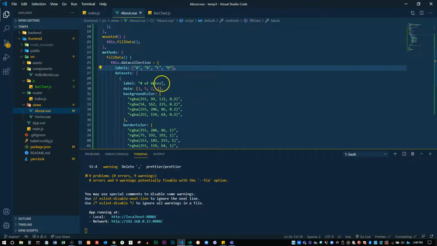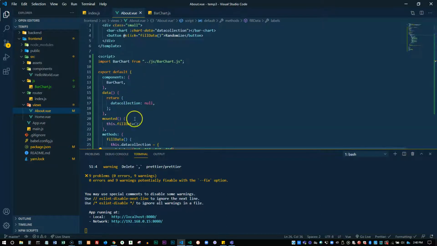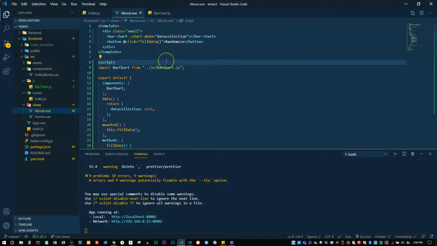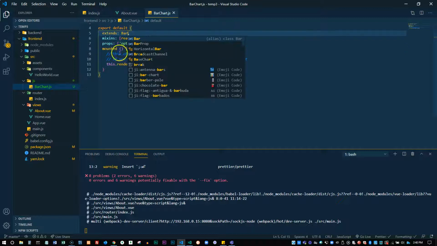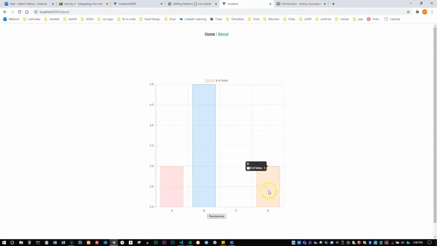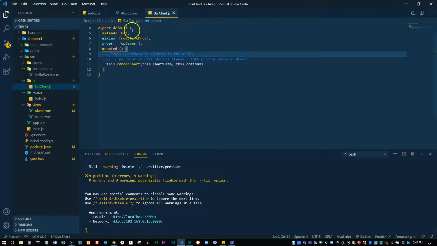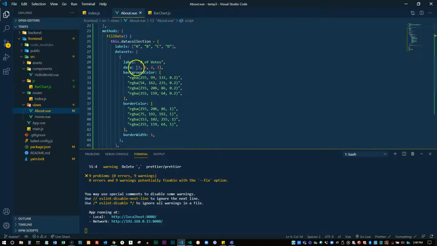Now how come it's still a line graph? Did I not? Bar chart.js. Oh, right here. We don't want import line. We want import bar, extends bar, and I think that should be okay. Perfect. Okay. So the next thing we're going to do is, right now the data is static,